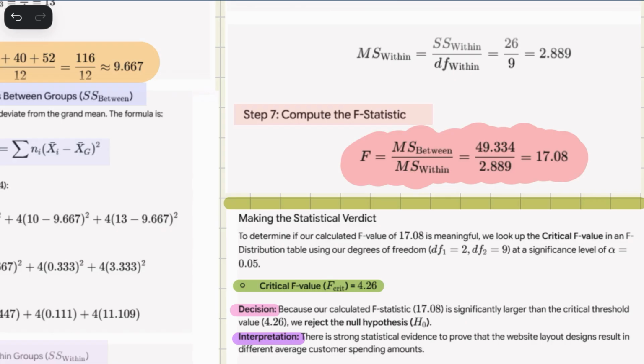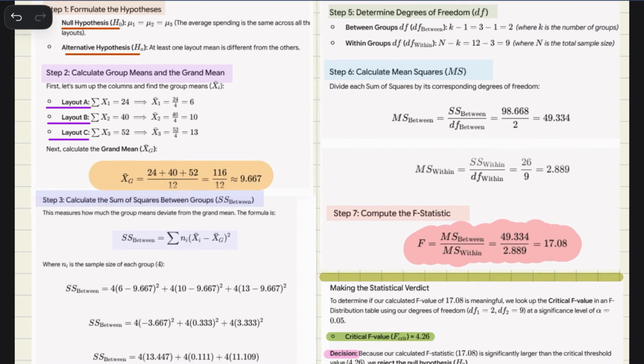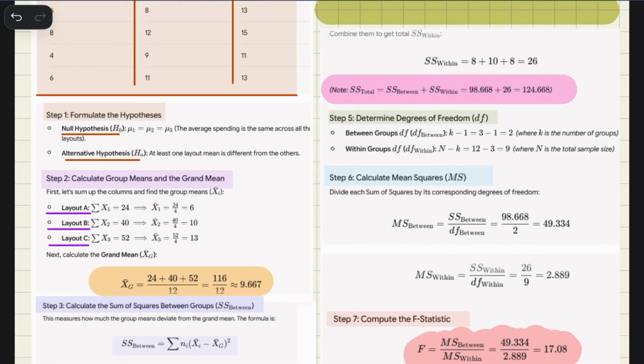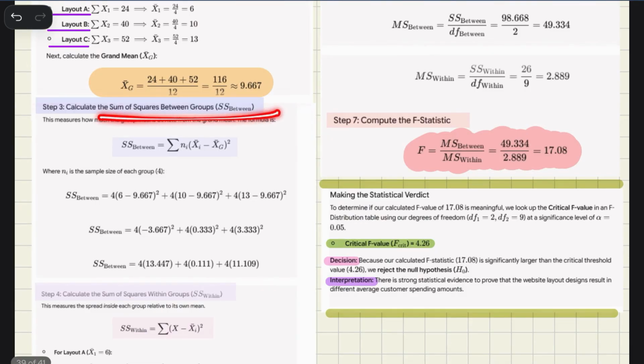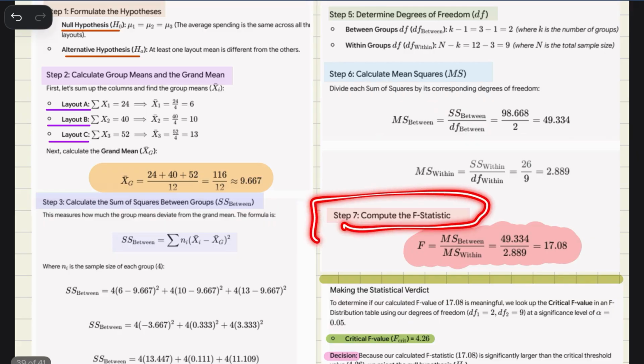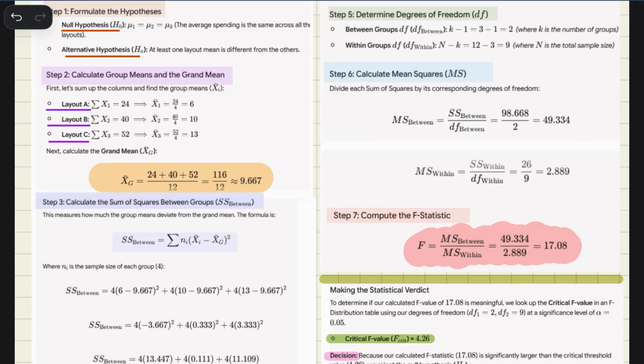Alright, so that completes our full step-by-step layout. I know the ANOVA problem is quite difficult because it comprises various different formulas, but if you try it a few times, you will be able to understand how we are calculating this. We quickly calculated the hypothesis, then the group mean and the grand mean, then the sum of square between and the sum of square within, and after that mean square between, mean square within, and finally the F statistic. You just need to remember the terminologies and the basic formulas,